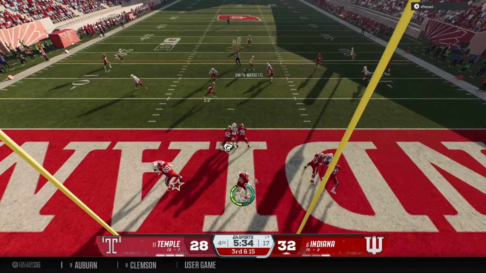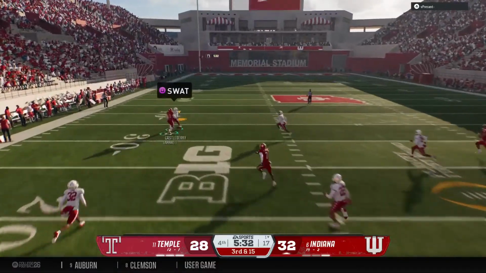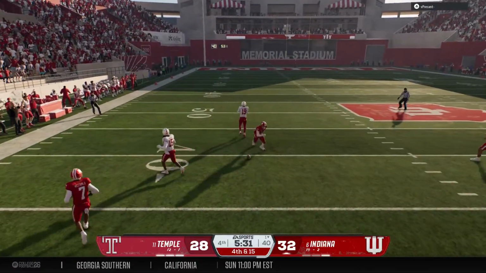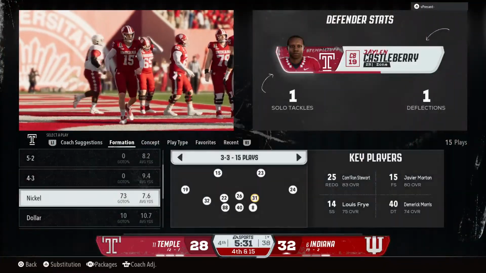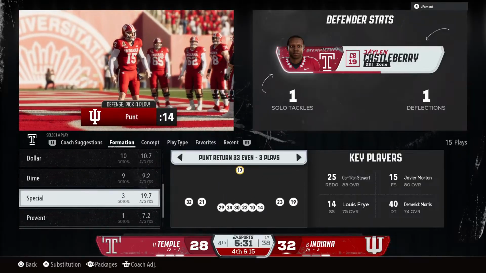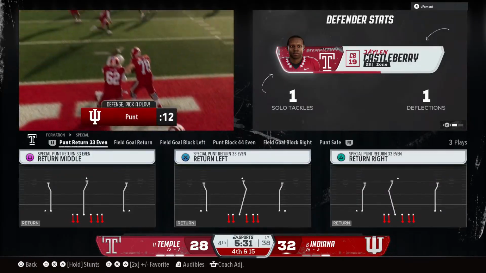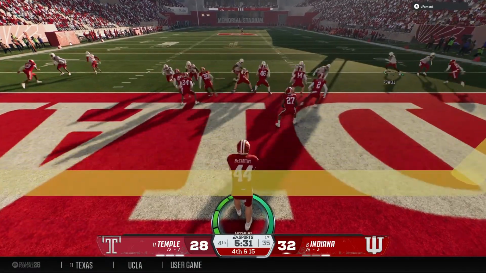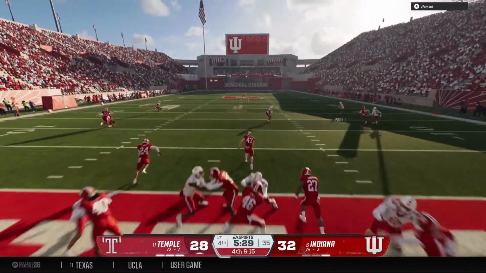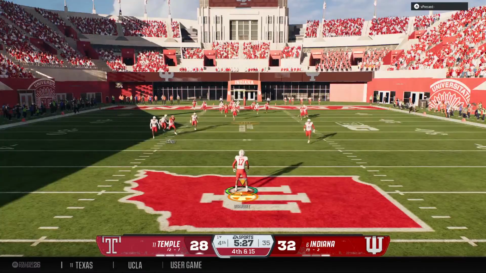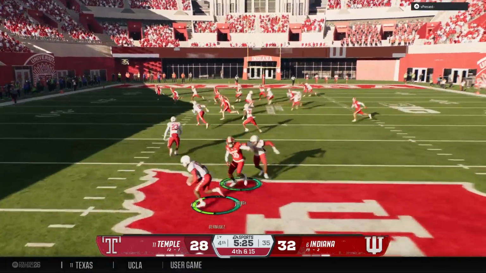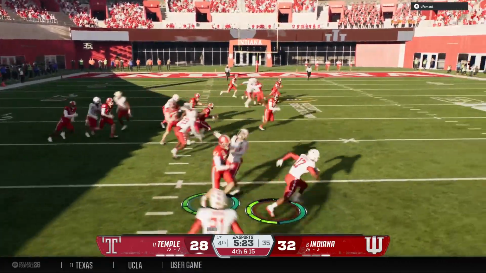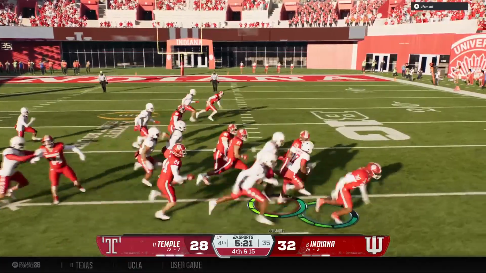Backed up at the 1, he's going to throw it. And he's going to take a shot down the left side. And it's incomplete. They let it fly on 3rd down, but now it brings up 4th. Boy, this is all about the defense here. Nice stop here on 3rd down, but really it's about trying to get this offense behind the sticks. Once you get them behind the sticks, you can mix up your coverages, really affect the quarterback's eyes and disrupt the timing and the rhythm of what the offense is trying to do.